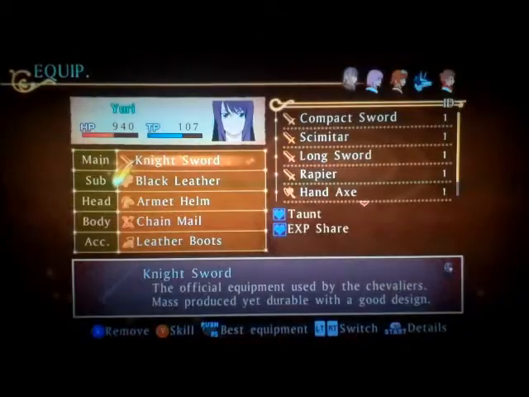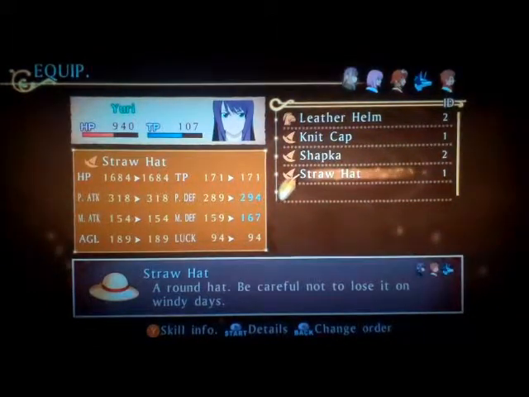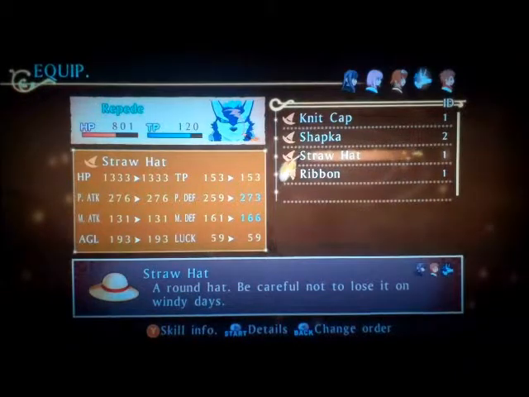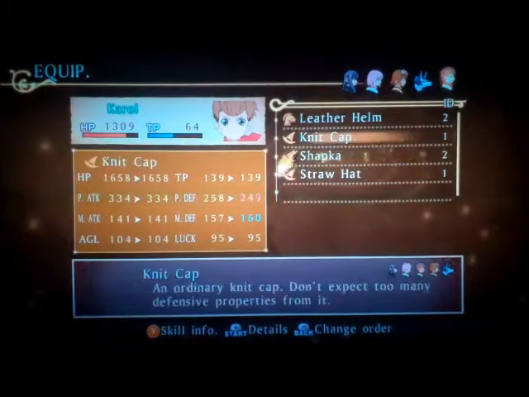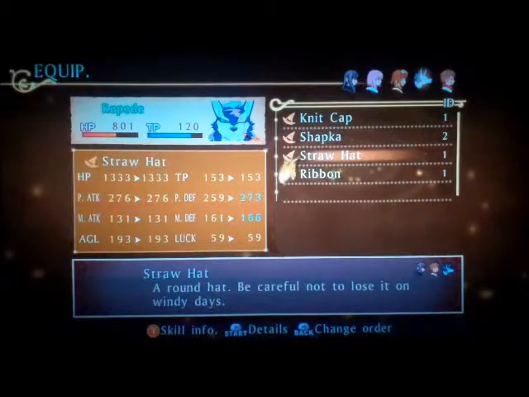Straw Hat. That's a thing for Yuri, Karol, and Repede. That increases his defense by 5. That increases his defense by 6, 15, and that increases that. Yeah, Repede's better off with it. I usually give that to Yuri, but...